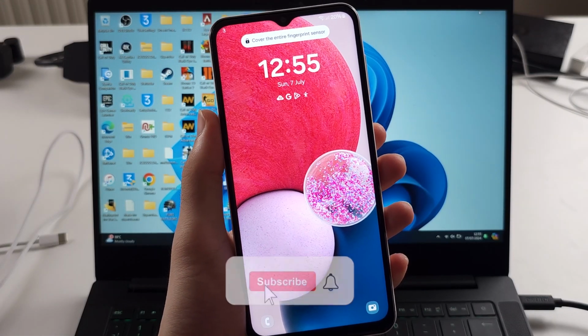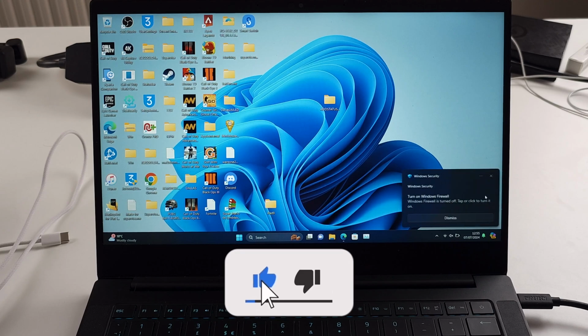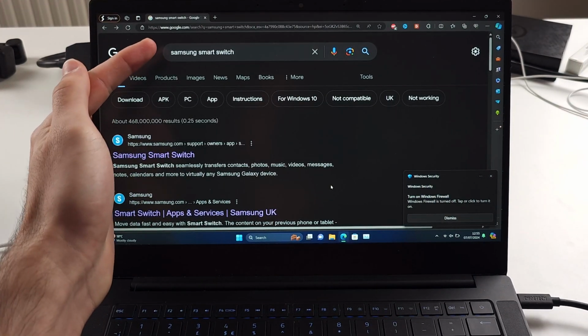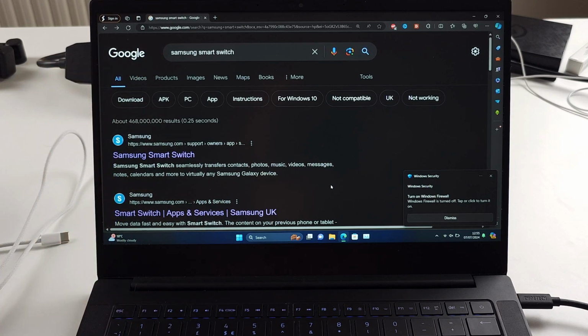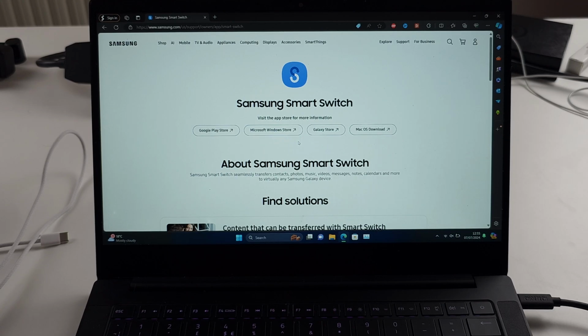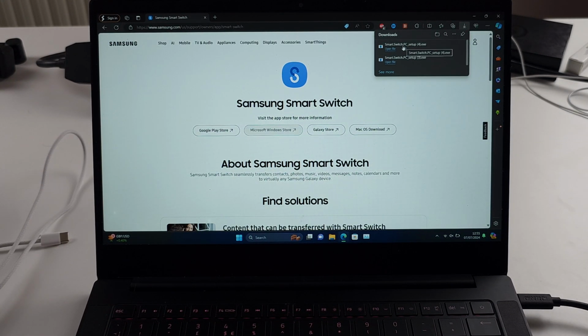Here is how you back up Samsung A13 to Windows or Mac PC. So start by Googling for Samsung Smart Switch, and we want to head to the official Samsung Smart Switch website. Select either the macOS or Microsoft Windows download, and then once the software has downloaded, click on the setup to